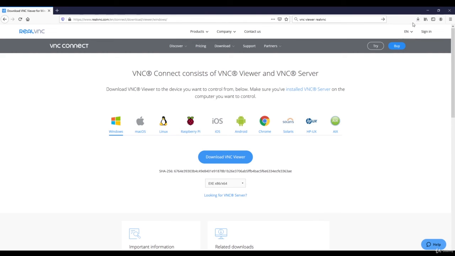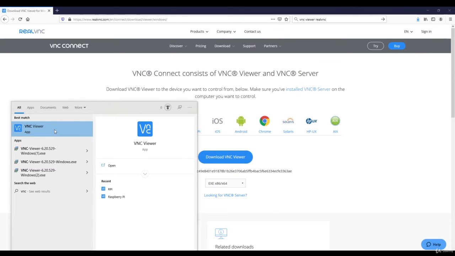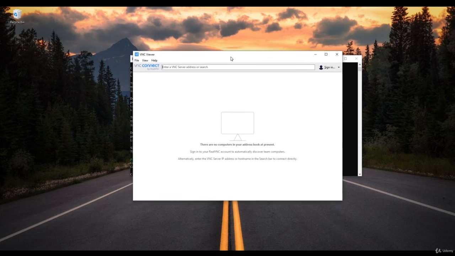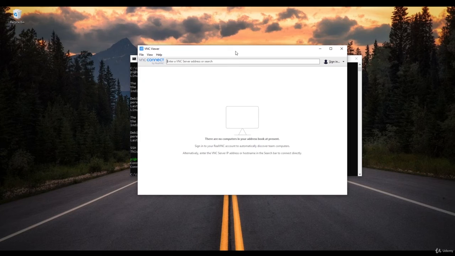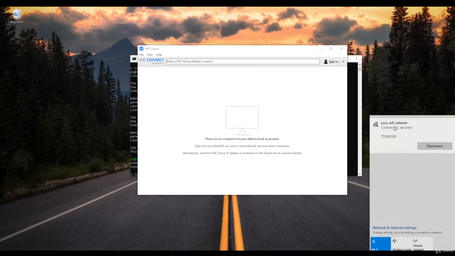Save it, and when it is done, you can run it. I already downloaded it before, so you can just run it and go through the installation setup. Once it is installed, you simply have to launch the application, and you will get that view here. So what are we going to do now? First, make sure that your Raspberry Pi has been rebooted, so it is powered on and running. Also, I'm going back to my network configuration. You should have the correct configuration because you could previously connect through SSH, but make sure you always have your computer and your Raspberry Pi on the same network,